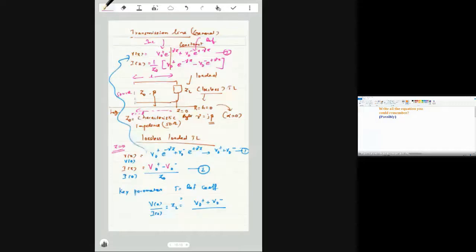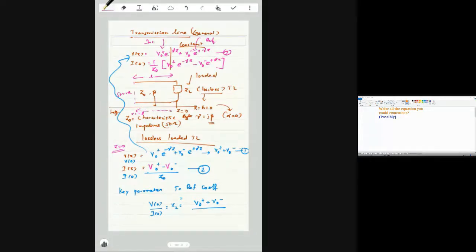The second is the reflected wave, coming from the load back to the source point. It grows higher because the source is on the left side. So that is the reflected wave. Think about water flowing in one direction, and someone putting a stone or some block in it, so it reflects back. That is a reflected wave.